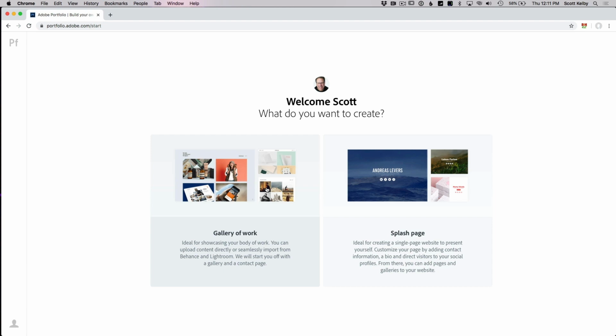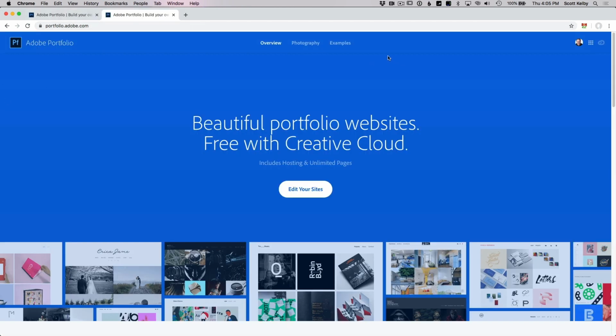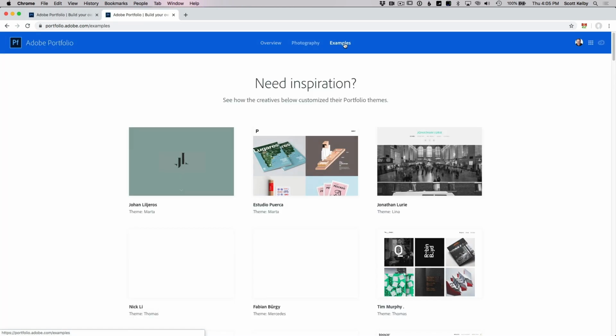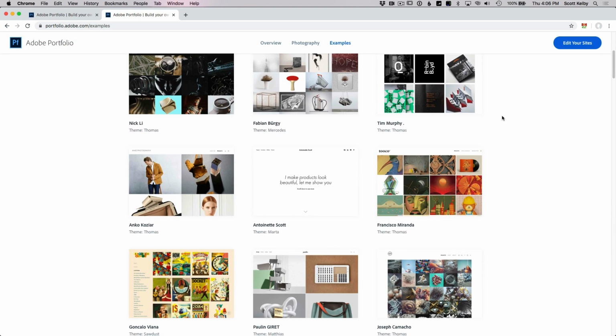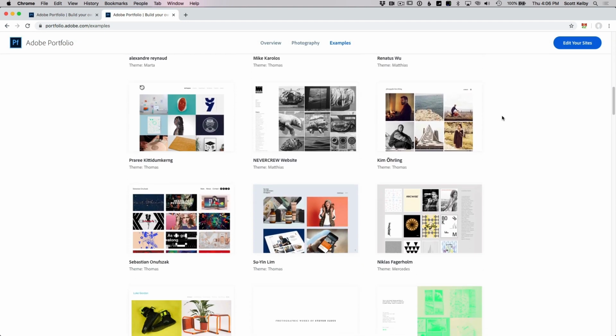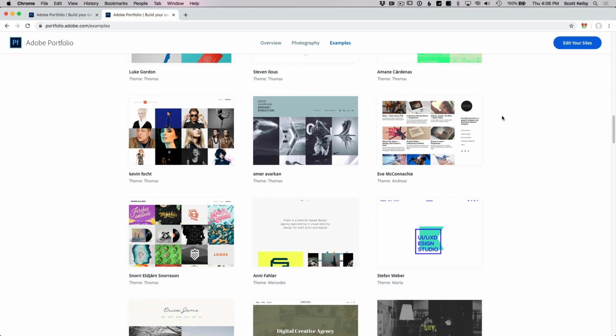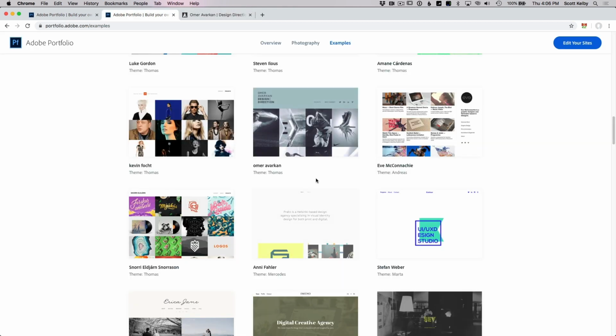up and running tonight. Go over here to examples, which is the second part of my tip. They put a bunch of websites of other photographers and designers, all their different layouts. If you see one, you say, ooh, I'd like my site to look like that. It tells you right there on that page where you were looking that they use the theme called Thomas. So when you go to create yours, you're going to start by choosing the theme called Thomas, and you can